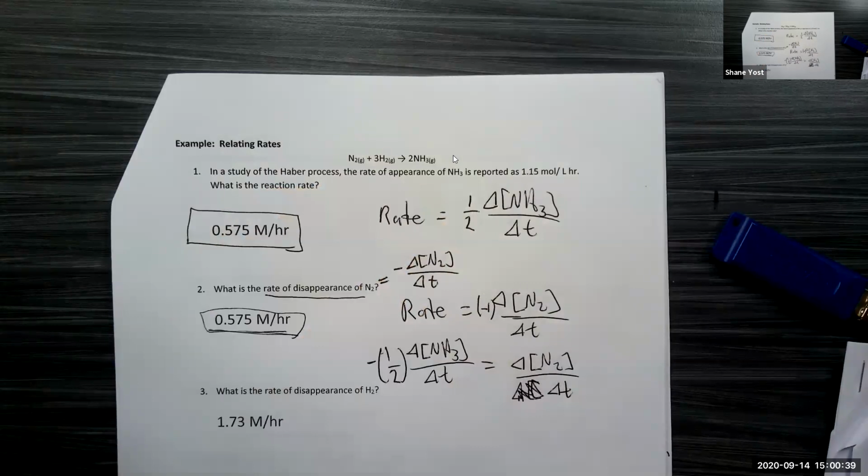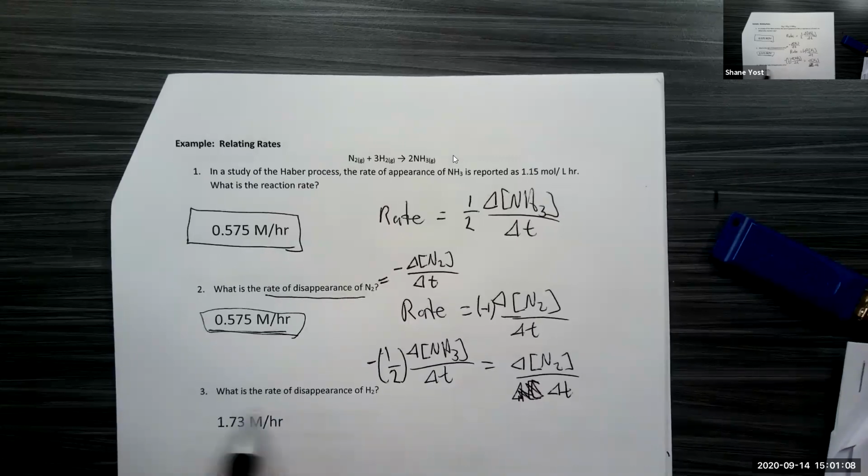This is kind of an annoying little minor detail, but in a problem, if they ask for the rate of change, that can be negative for reactants. But if they ask for the rate of disappearance, that is a positive number always. So it's the absolute value of the rate of change, if you will. Just keep that in mind when asking for the rate of disappearance. It's a positive number. It's the absolute value of that rate of change, okay?